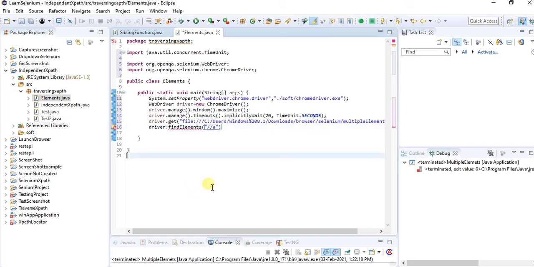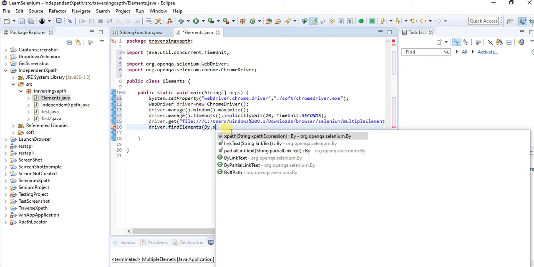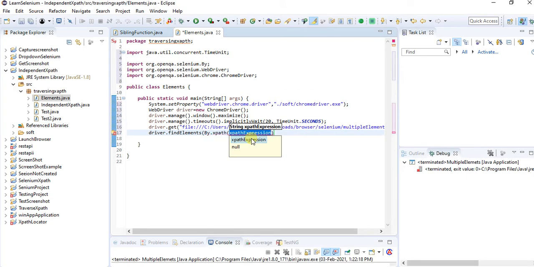Then by dot, I am just taking the XPath of that. So I will take the locator name, XPath.